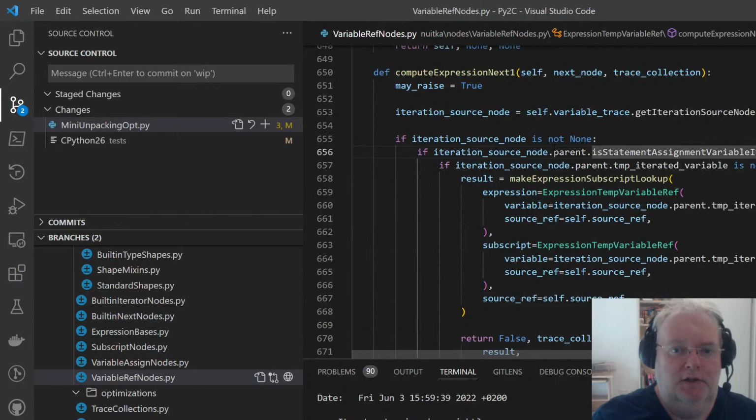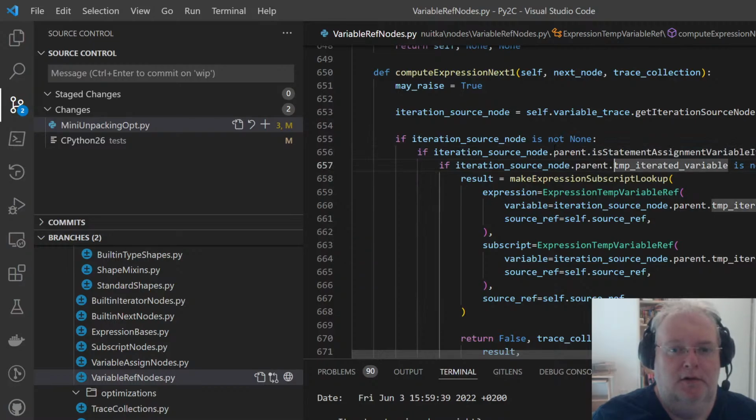Then we're checking here for something special. I also created specialized variable assignment nodes. For propagation, it's much nicer if you specialize the optimization for what the source actually can be. So we can check here, is this an assignment of a variable iterator?